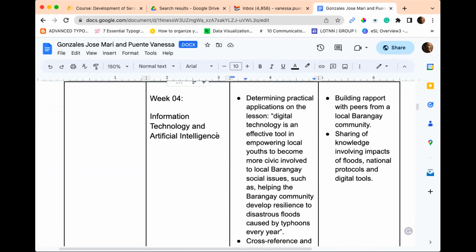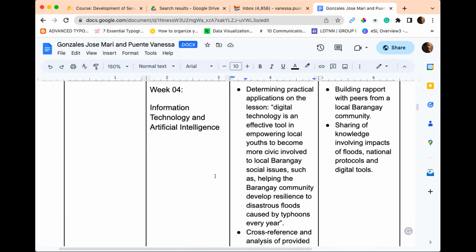applications of the lesson. Digital technology is an effective tool in empowering local youths to become more civically involved in local barangay social issues, such as helping the barangay community develop resilience to disastrous floods caused by typhoons every year. And within week 4,